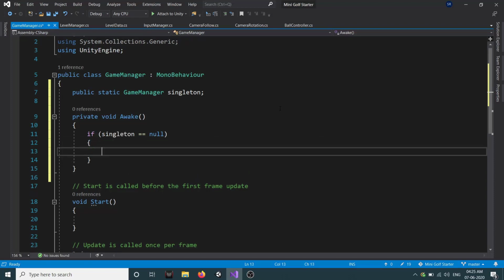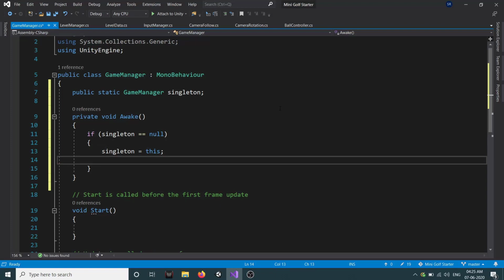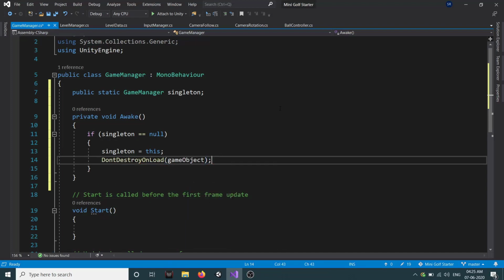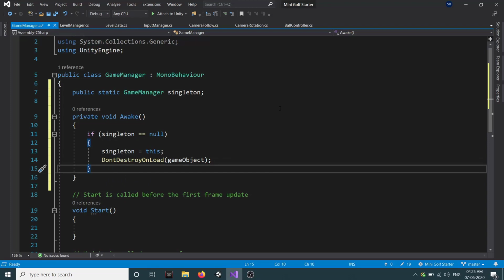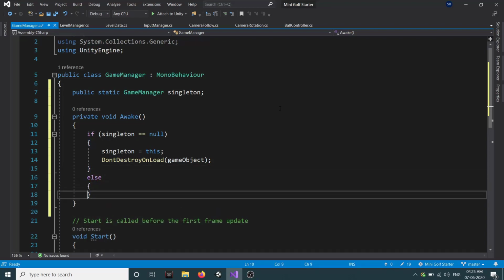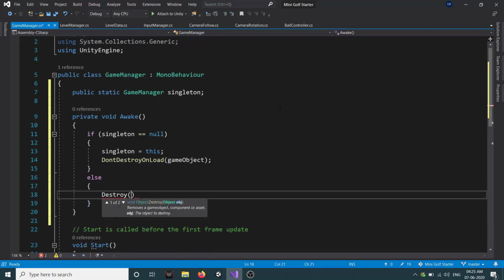If it is null, then we set our singleton equal to this, and we call DontDestroyOnLoad on the game object. This is Unity's default method, and it states that this game object will not get destroyed if we load a new scene. Else, if there is already a singleton available, we will destroy this game object.